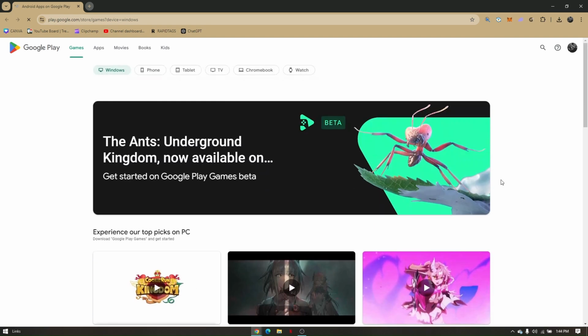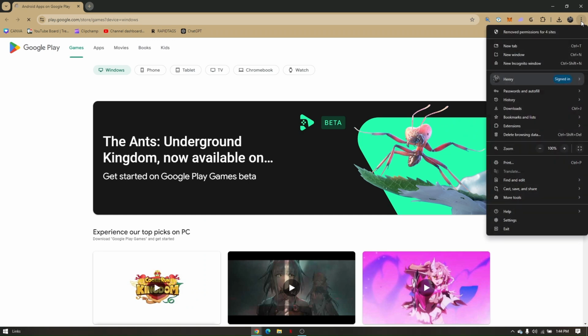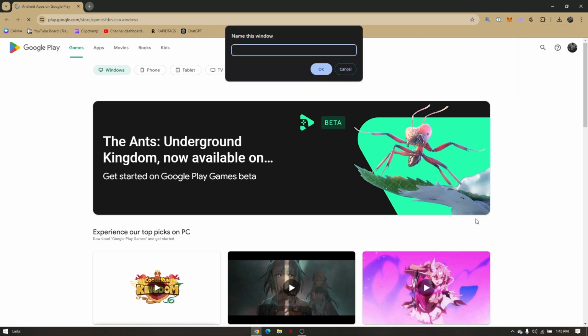For you to be able to get this from any Chromebook, all you have to do is just simply click on the three dots at the top right corner of your Chromebook and then head over to More Tools. Now, this is not going to be visible on my end because I'm not using a Chromebook, but I'm pretty sure that once you tap on More Tools, there will be an option there that says Create Shortcut. For example, now once you have created a shortcut, all you have to do is just simply name it